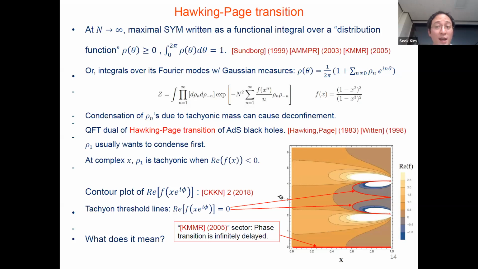The question is whether it actually happens and whether it actually leads to deconfinement. Okay? This is a very subtle question. When I first observed this tachyonic